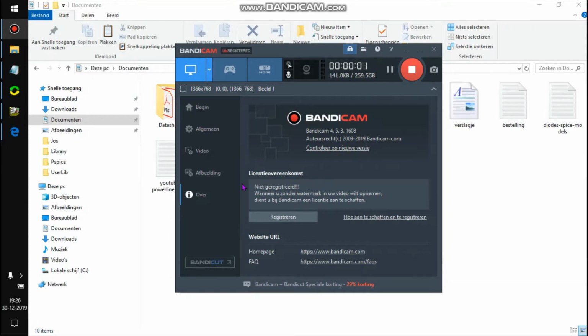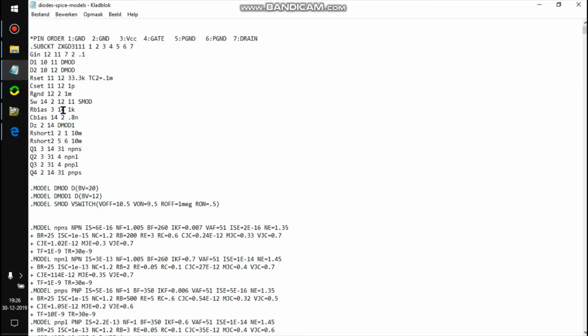So let's pretend we are a vendor, and we have extracted all kinds of model parameters, and we want to sell a new kind of Zener diode.